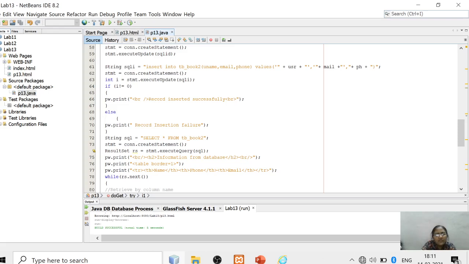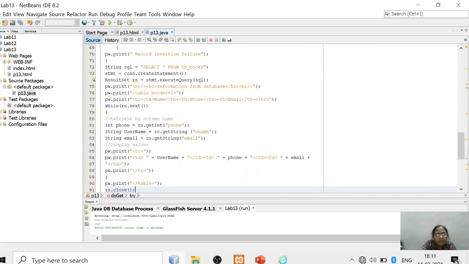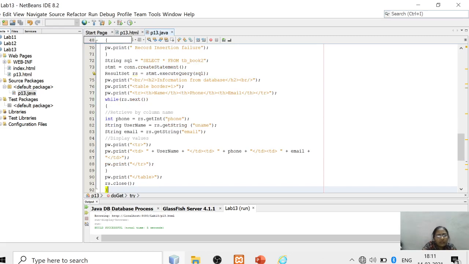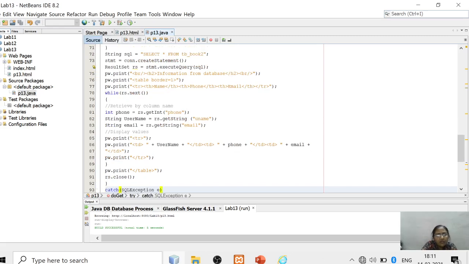Once the insertion is done, I am displaying record inserted successfully, and similarly I am reading all the values from the table and displaying them in the form of a table in the browser. For reading that, we have to retrieve the column names. rs.getInt reads the phone number from the table.